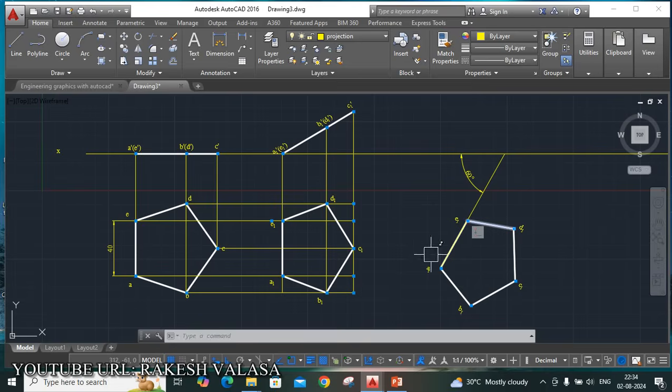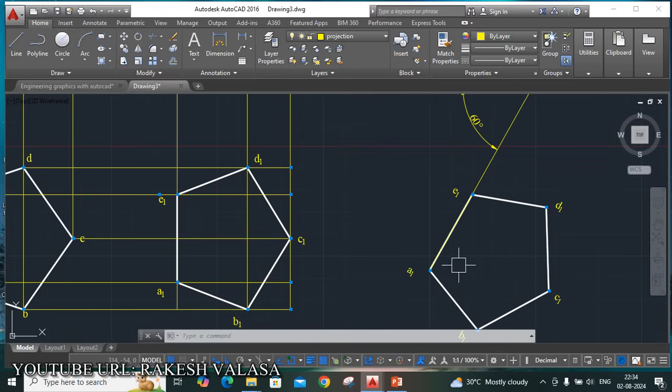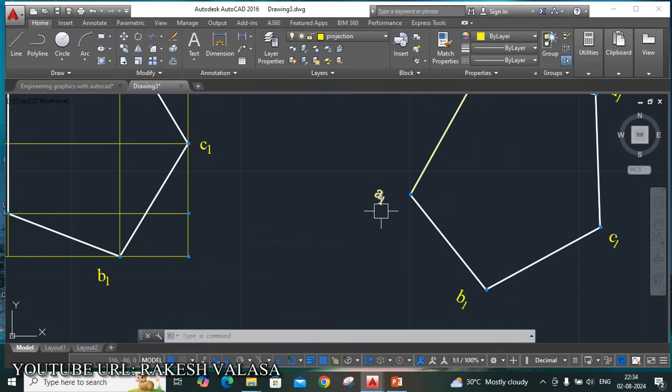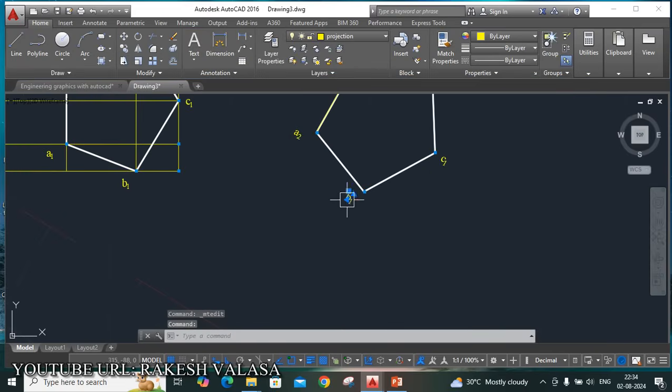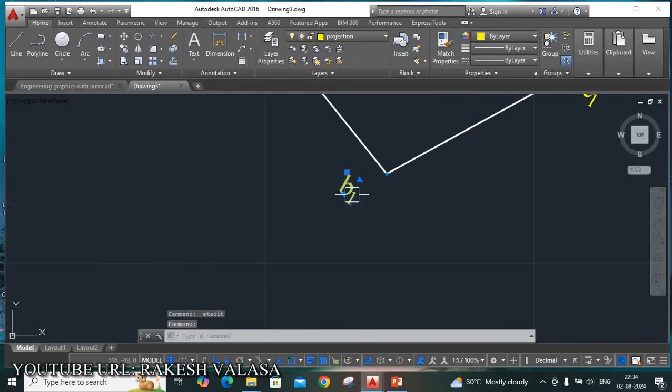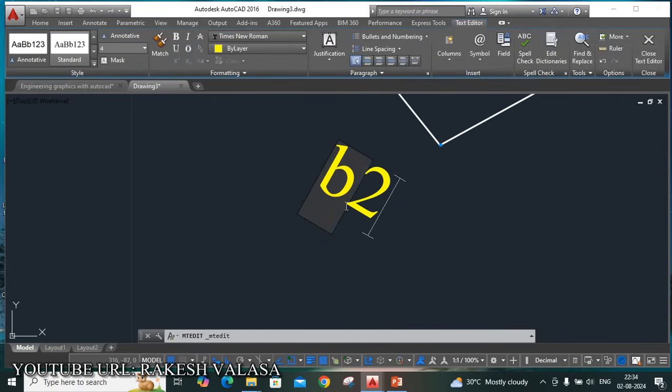Then this is the initial front view, second top view, this third top view. Here I'm taking notation A2, B2, C2, D2. So you can change the notation, A2 subscript. Next this is B2, subscript.